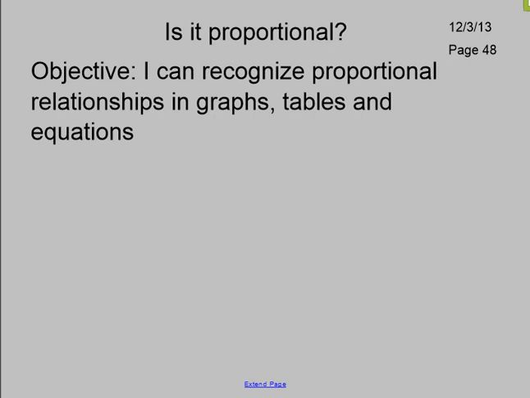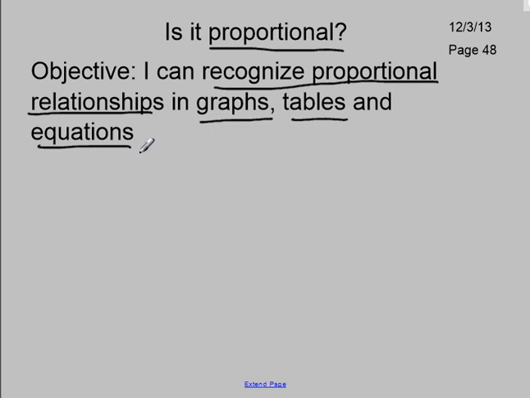All right, ladies and gentlemen, our topic for this upcoming unit is all about proportional relationships. And we talked a little bit today about what proportional relationships are and how we can identify and use them. And the video tonight, the big main purpose is that you can recognize proportional relationships in a variety of different ways. So you can find out whether a relationship is proportional by looking at a graph, a table, or an